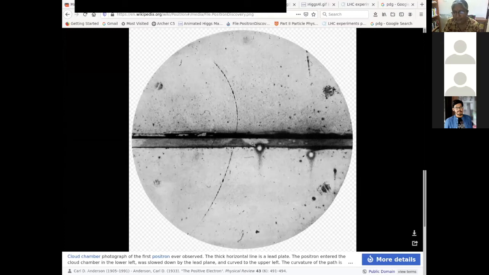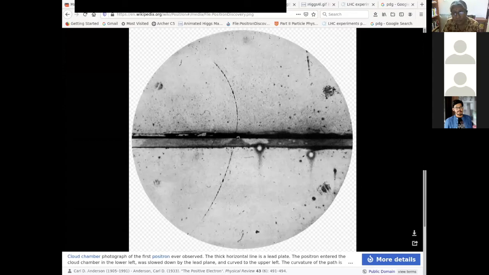Now there is a magnetic field, and the magnetic field is pointing into the screen, so into the board. Now I want you to tell me why this is a positron. Let me give you all the facts. The magnetic field is into the board. Here a particle is coming in. So this line that you can see over here, due to opposite charges, the Lorentz force will act oppositely.